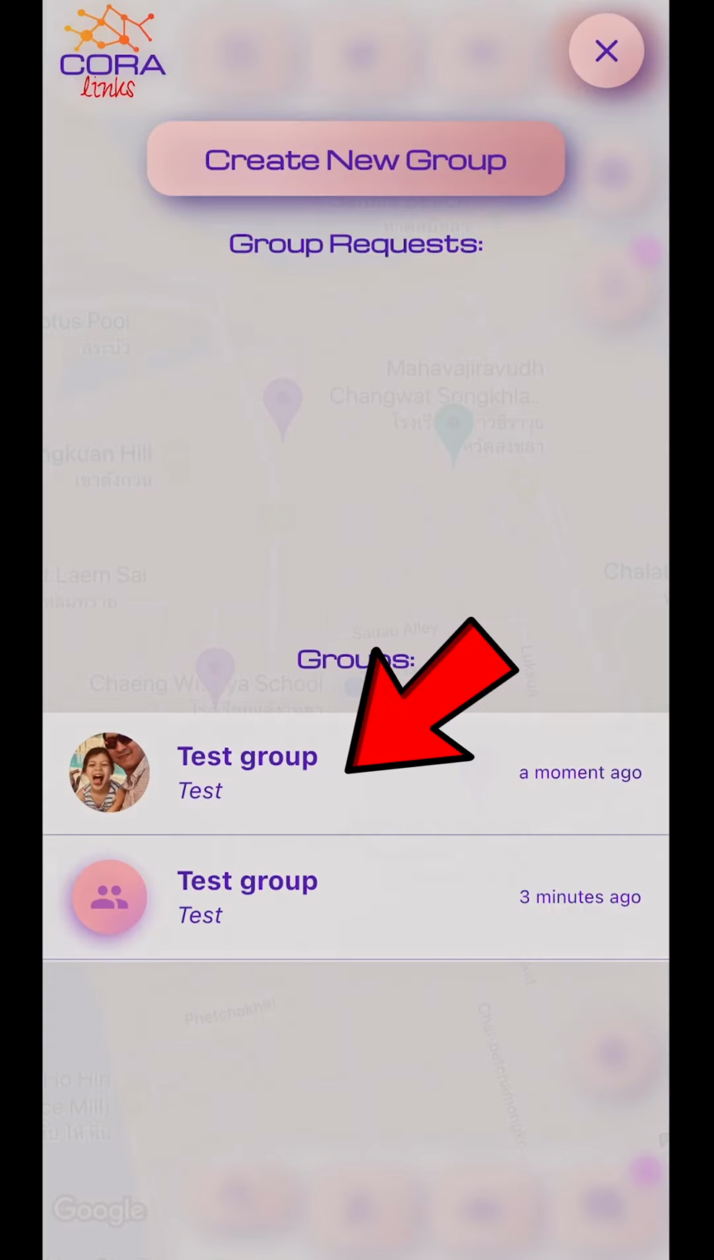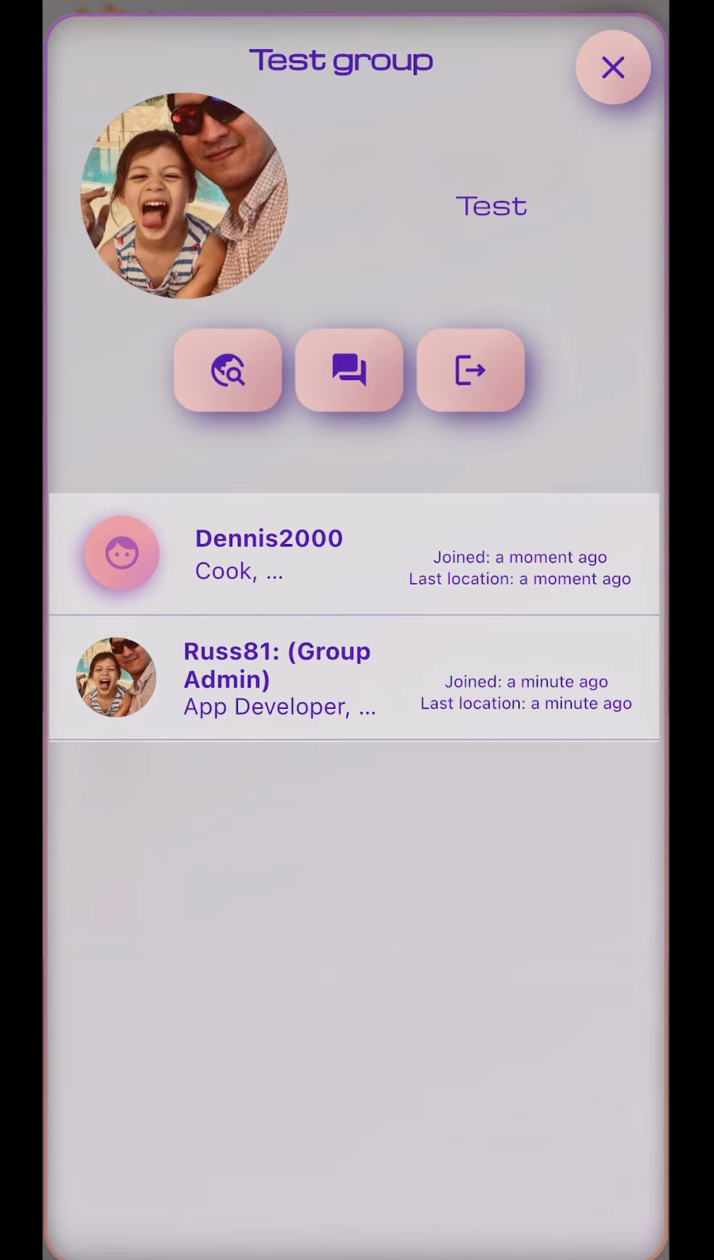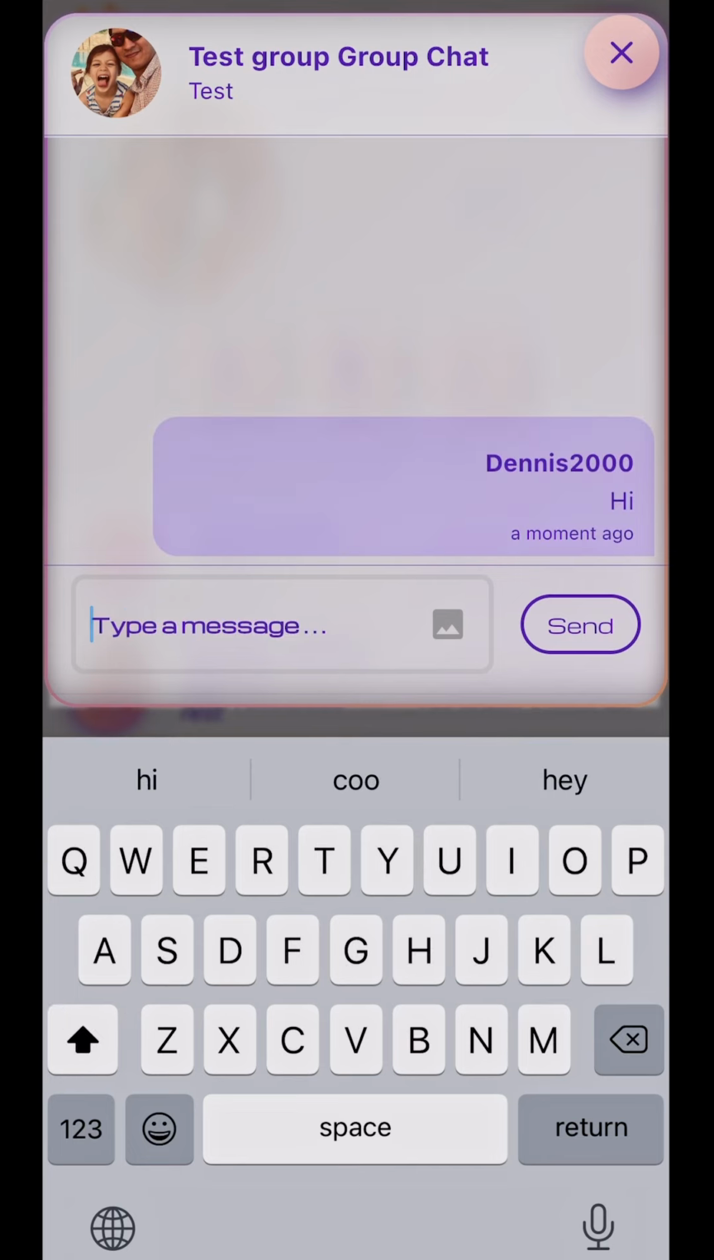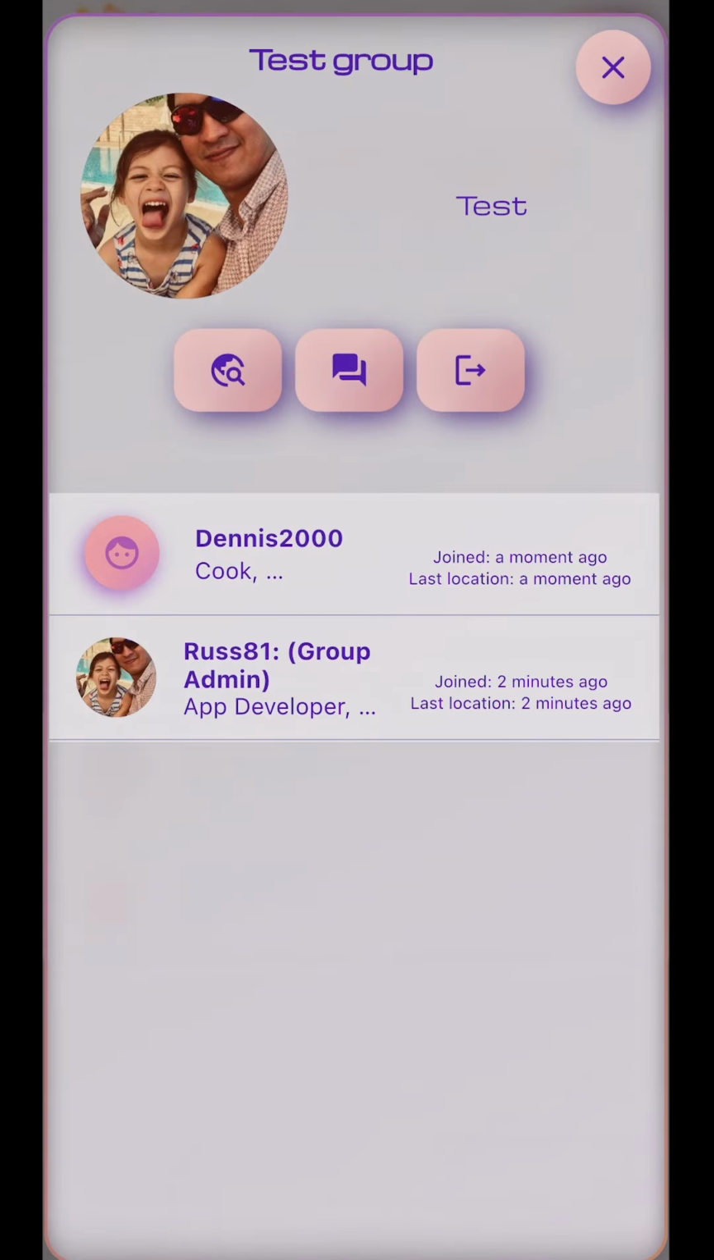When you open the group, you'll get to see the group picture, group name and description, and also the group members. Because I've joined this group now, this button over here is the exit group button. And if I was the creator of the group, this will be the delete group button. So this opens up the group chat, and when a group member posts a chat, you'll receive the notification, and